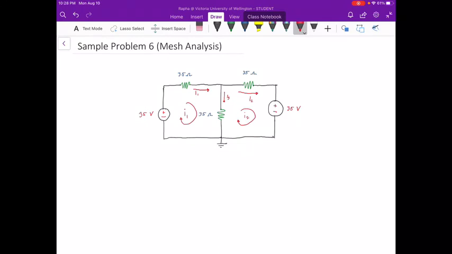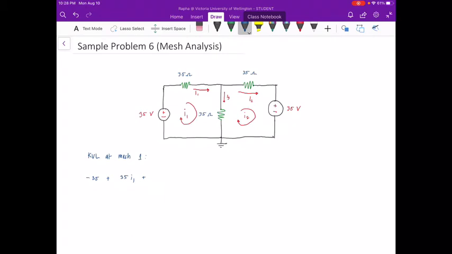The next thing that we're going to do is implement KVL for each of these meshes. So we have KVL at mesh 1. We will write negative 35 because it touches the negative terminal first, plus the voltage at the first branch, the 35 ohms. We have 35 I1 plus